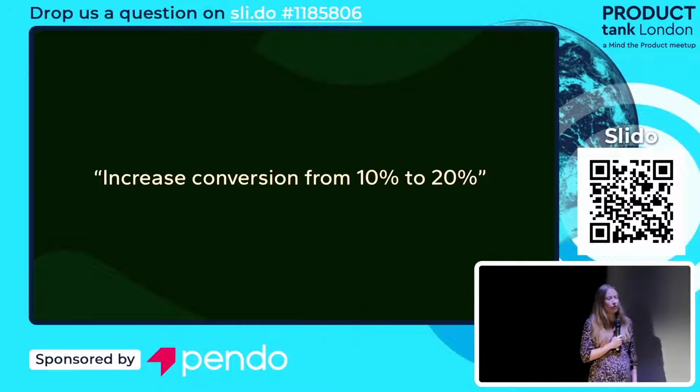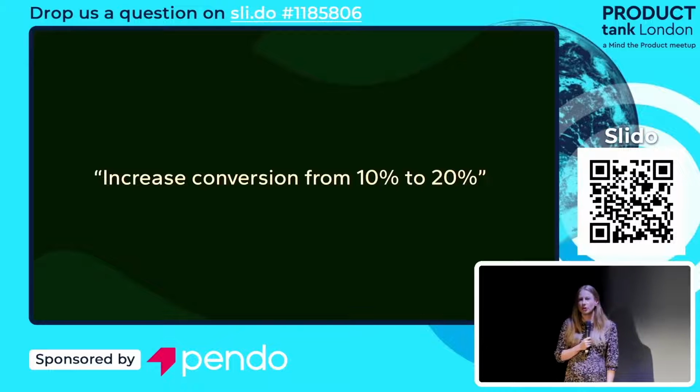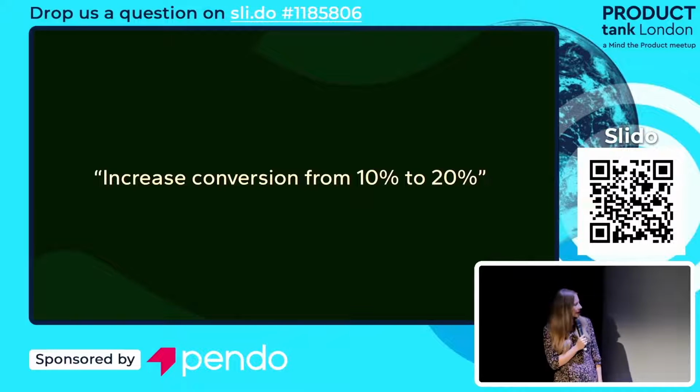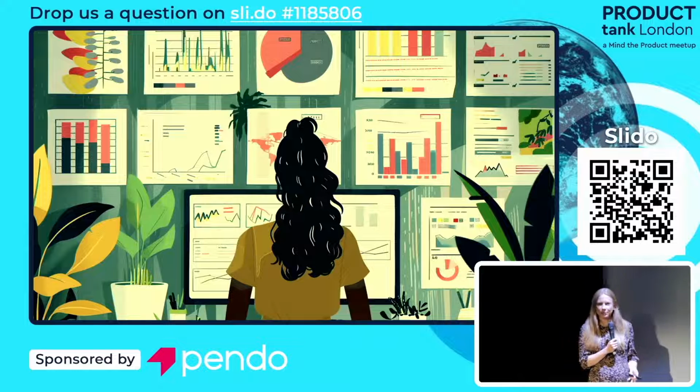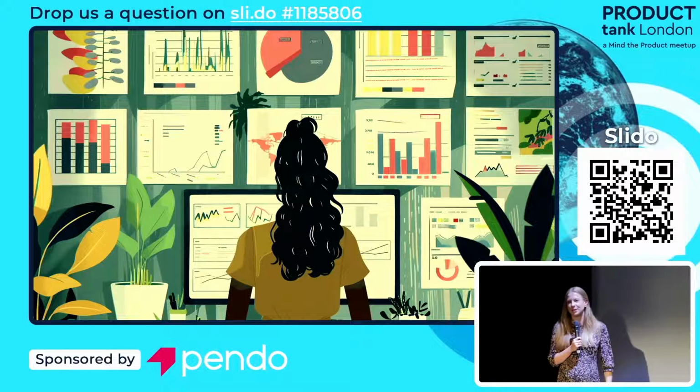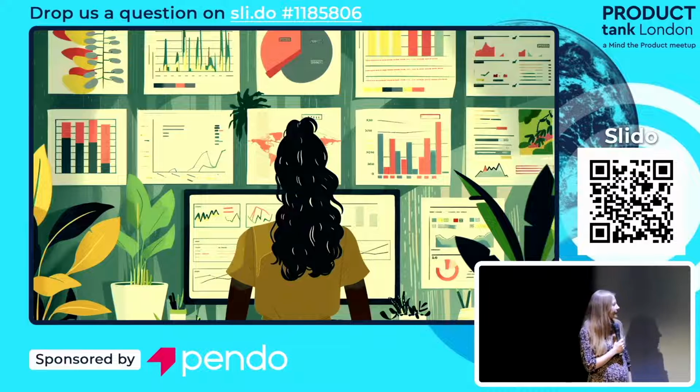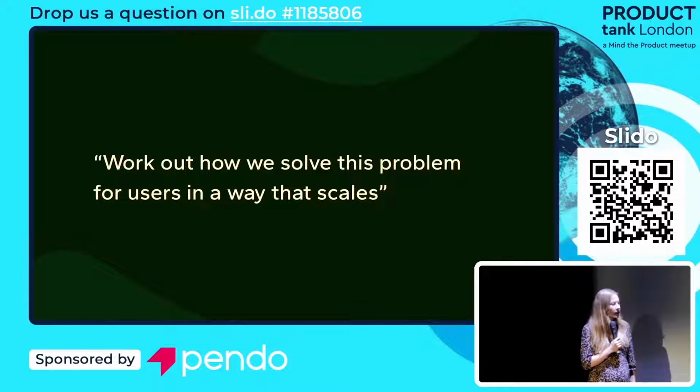So product managers have gone from a world where they might be given a well-scoped product question like this: we want this outcome, we need to increase conversion for this thing from 10 to 20%. And they live in a world which I see as the ideal of product management, where you turn up at your desk and you've got all this qualitative data, you've got all this quantitative data, and you're looking at what users are doing, and you're bringing in data sources from different areas and then presenting your argument, forming your hypothesis to test and going out and testing that quickly,